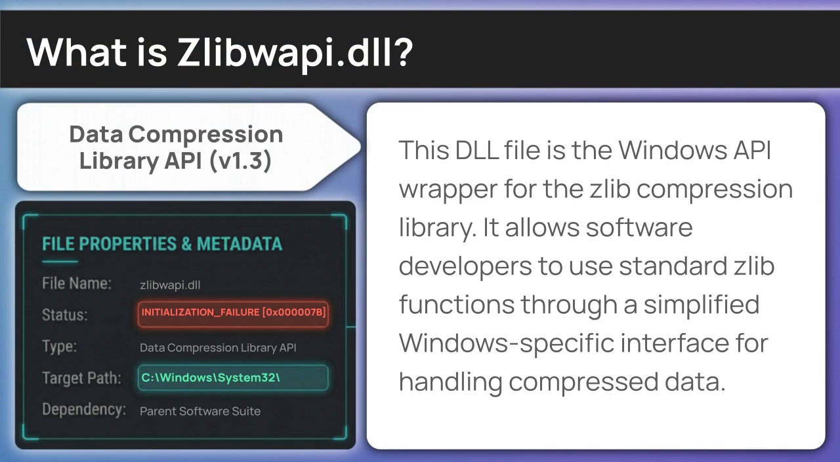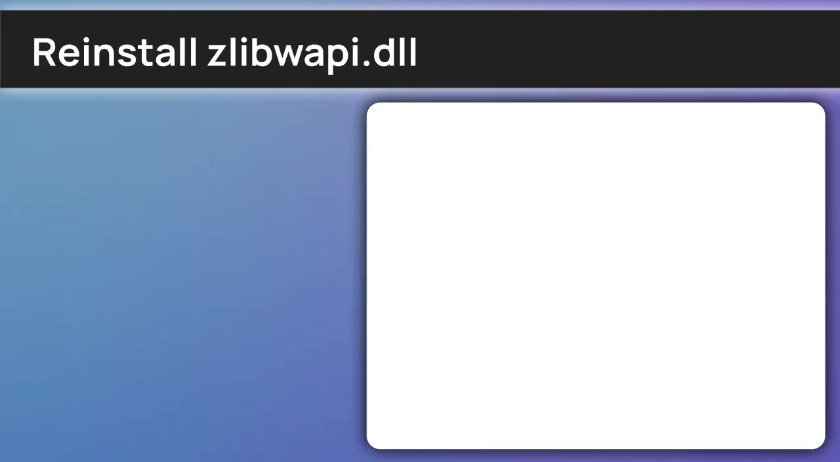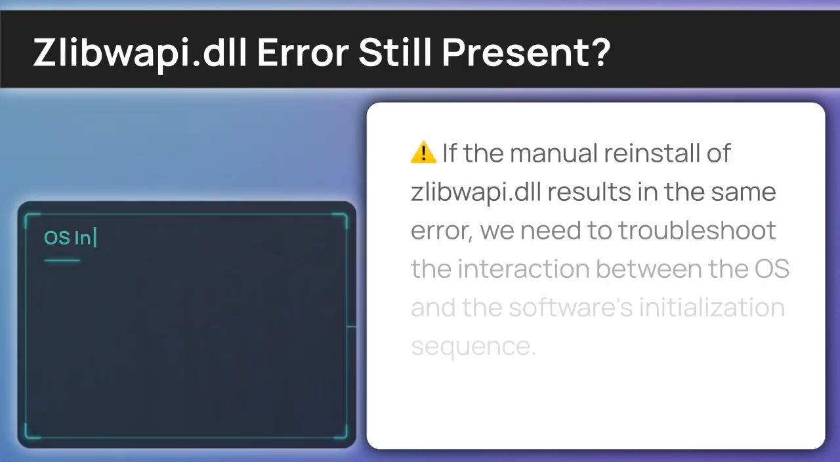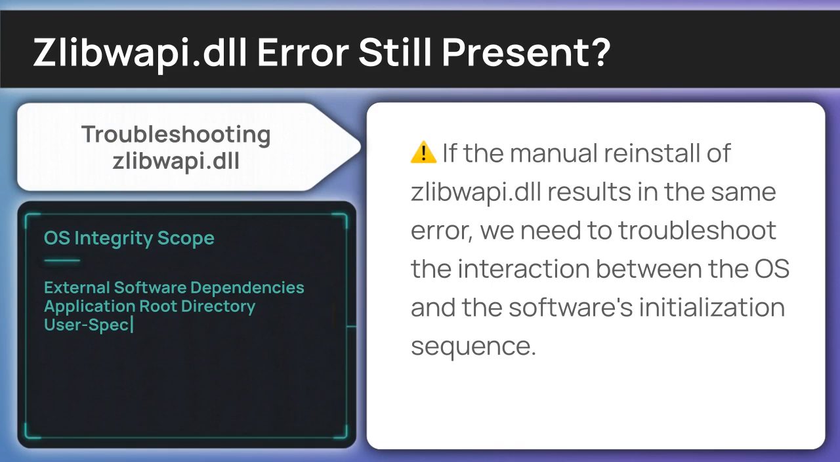Let's transition to the solution, starting with the official Microsoft Read distributable. This error usually occurs when parent software suite, the software where you encountered your error, is damaged or incompletely installed. Download and reinstall the latest official version of the application to replace required files such as the Zlibwapi.dll. If you are still encountering the error after following the official setup, it's time to investigate the underlying system